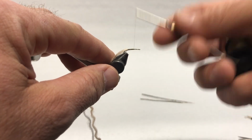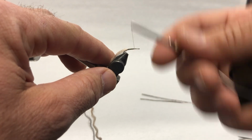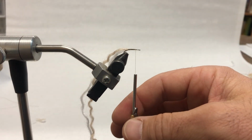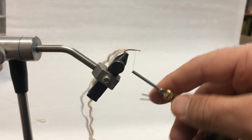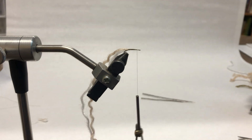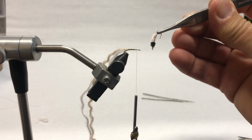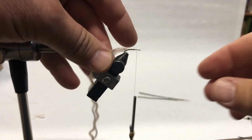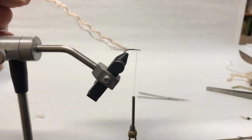the shank of the hook, right? And I don't go all the way to the head. Notice I'm not going all the way to the head of the hook, just leaving a little bit of space there because I'm going to tie in that peacock curl at the head, right? So I need a little space for that. Okay, so got that in there. I'm going to leave the white